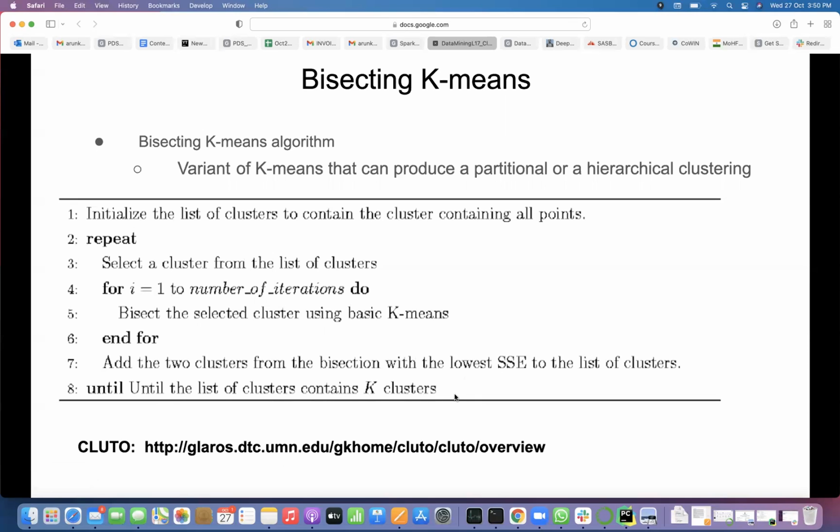So you select the whole data as one cluster, then you see which points are contributing more SSE, and you take those out, and again you find one more cluster like that. Then you remove the points. Bisecting means each time one cluster goes to the final clusters, and one cluster you generate. Till you get k clusters, do this. That is bisecting k-means. Do you understand what bisecting k-means is?